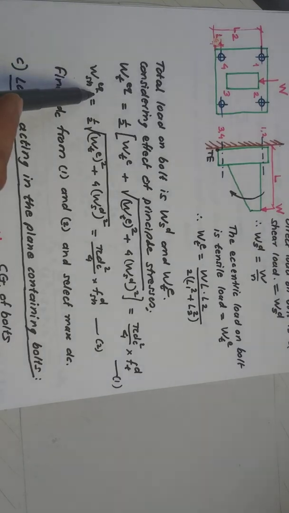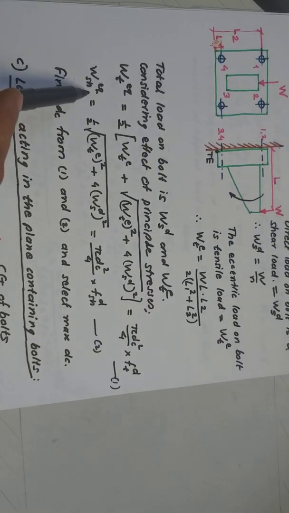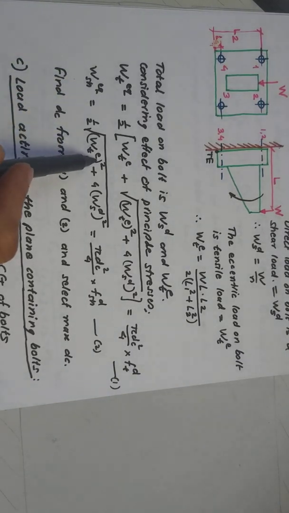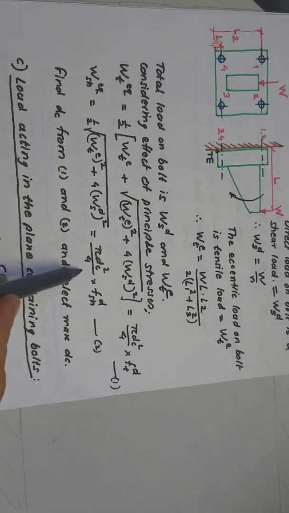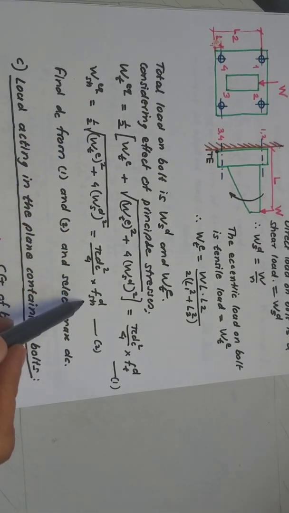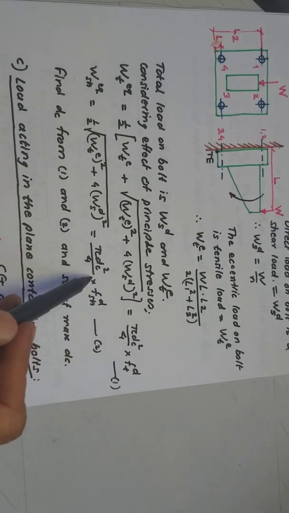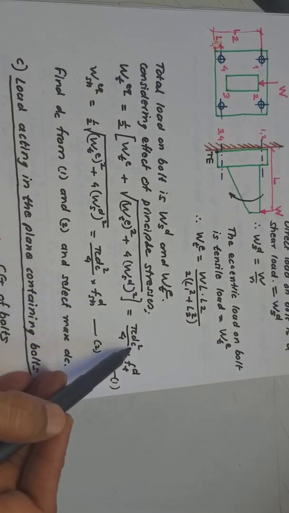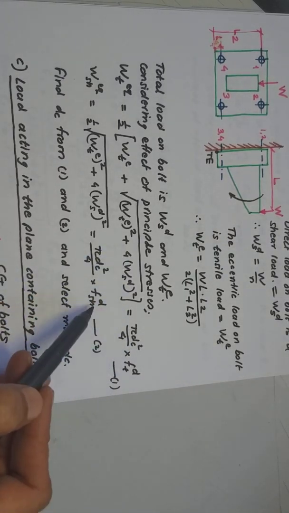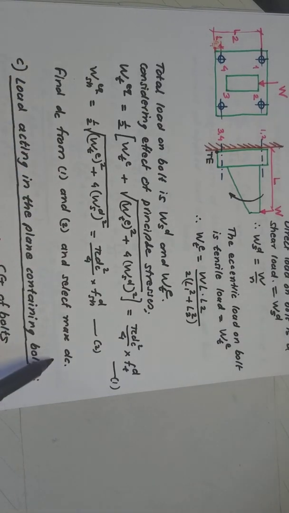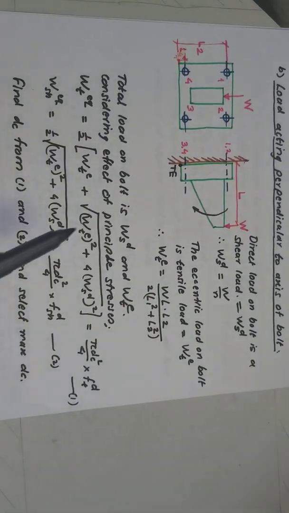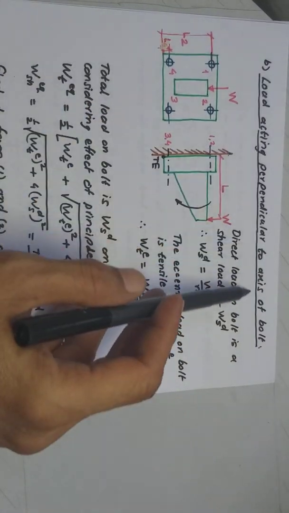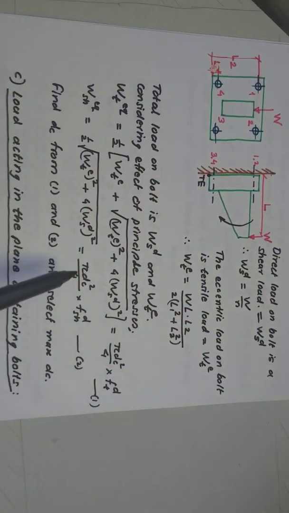Similarly, there is a shear equivalent. Shear equivalent is like shear maximum, similar to the maximum shear stress. So W shear equivalent is half of square root of WT square plus 4 times W shear direct square. Now this is to be equated with pi dc square by 4 into shear design. This will give you another diameter dc. So the bolt diameter could be this as per the shear stress, the bolt diameter could be this as per the tensile stress, and out of the two, whichever is the maximum size, that we are going to take. So that is how we are going to design a bolt in the case of a load acting perpendicular to the axis of the bolt. So this is the way we do it.